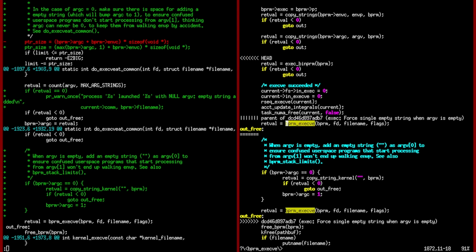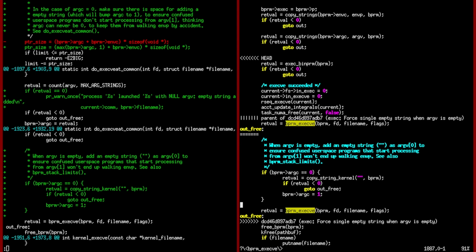Let's just search for that. So that bprm execve doesn't exist here in the current branch at all. These are the only two occurrences in this file, and they come from the patch that we're cherry